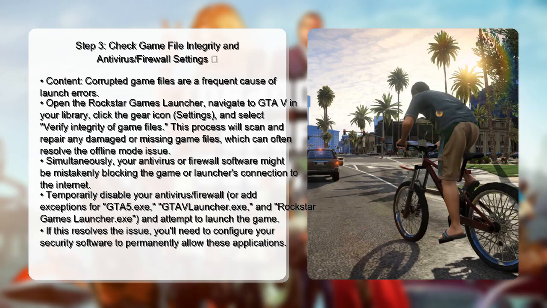Step: check game file integrity and antivirus firewall settings. Corrupted game files are a frequent cause of launch errors. Open the Rockstar Games Launcher, navigate to your library, click the gear icon, settings, and select verify integrity of game files. This process will scan and repair any damaged or missing game files, which can often resolve the